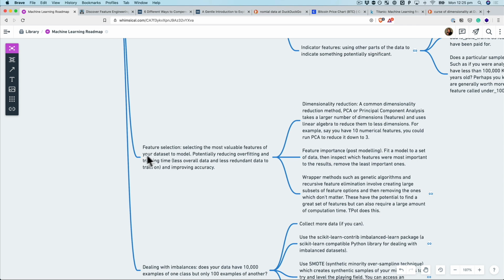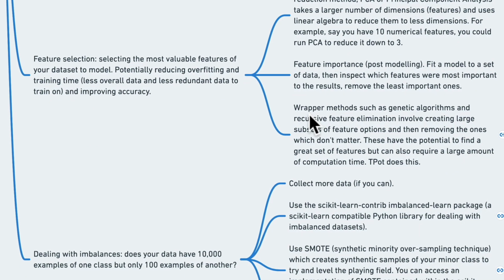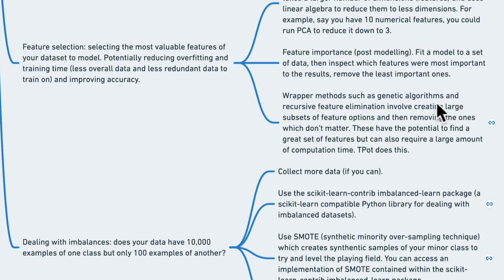So with feature selection, you could do dimensionality reduction, feature importance. You typically do that after modeling. Wrapper methods such as genetic algorithms. Whoa, that's a big word there,